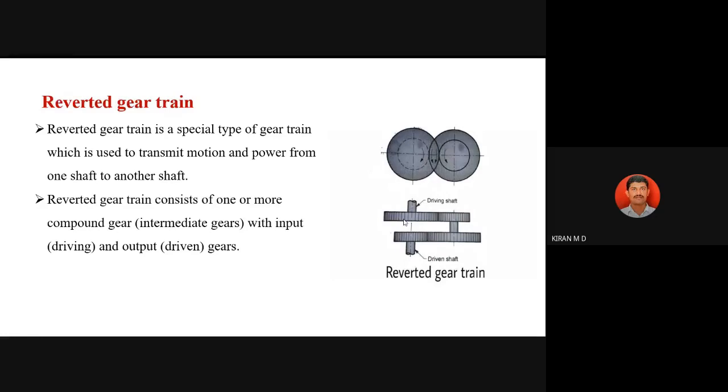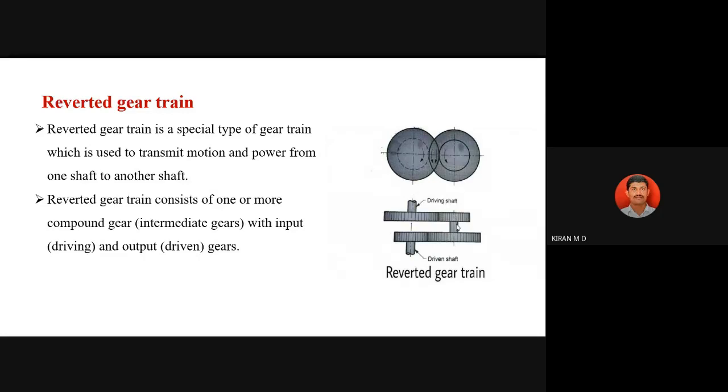Okay, say this is a type of compound gear. Compound gear means what? One shaft consists of two gears which are rigidly mounted. Keep in mind, you are mounting two gears on the same shaft. This shaft consists of this smaller gear and this larger gear. When the power is received by the smaller gear, the larger gear also rotates at the same speed because both are mounted on the same shaft.